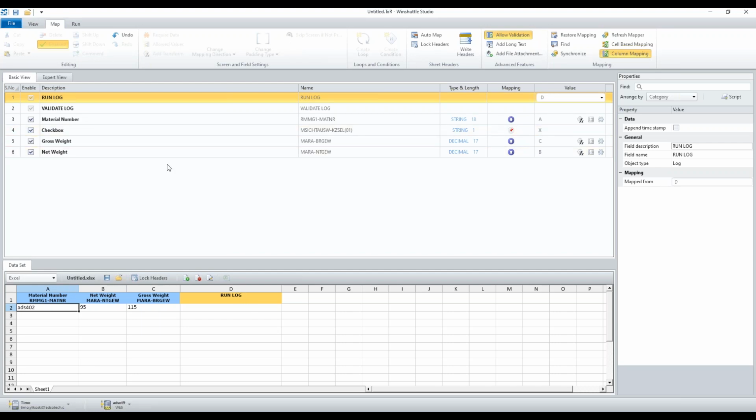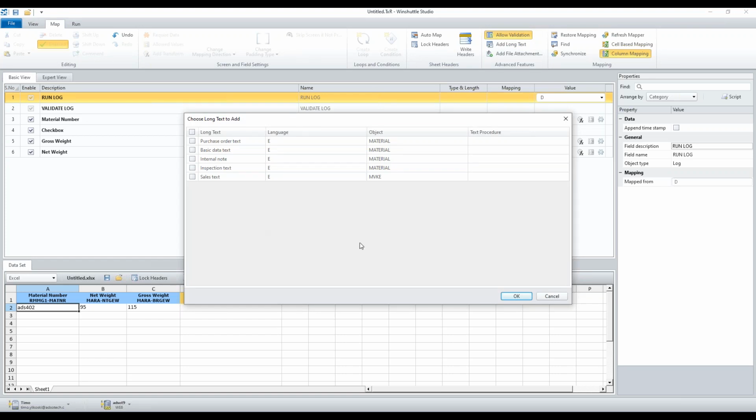Now, normally you would probably want to test this part first. Make sure that your MM02 script, or whatever process you are automating, works and does whatever it's supposed to do, and then start worrying about the long texts. But that's the easy part, because for that there's a button up here called add long text, and when I click on this,